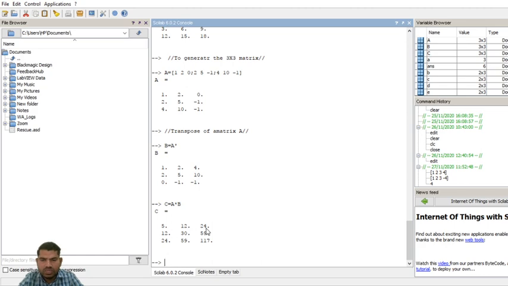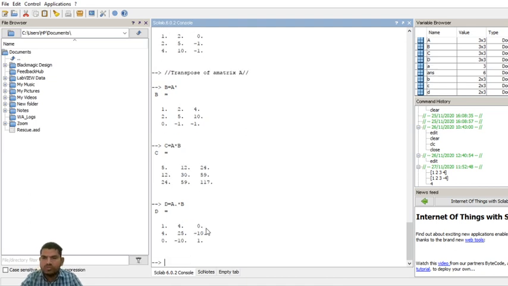If we want term by term multiplication, we require D is equal to A dot star into B. This is term by term multiplication.